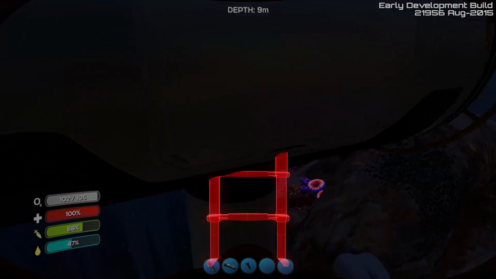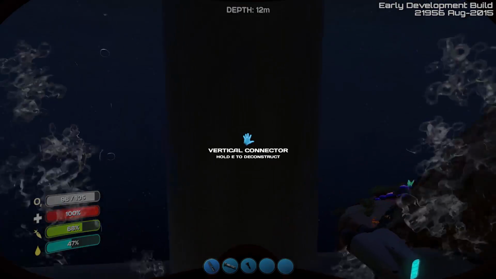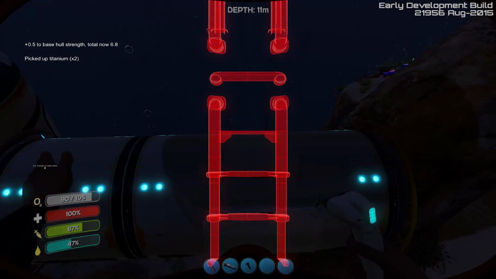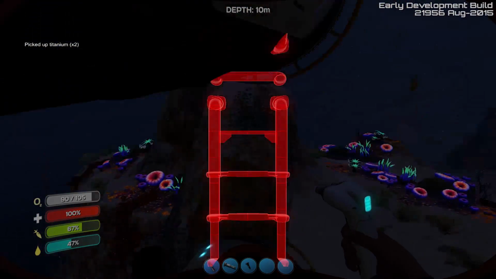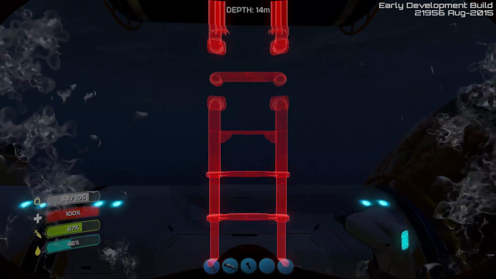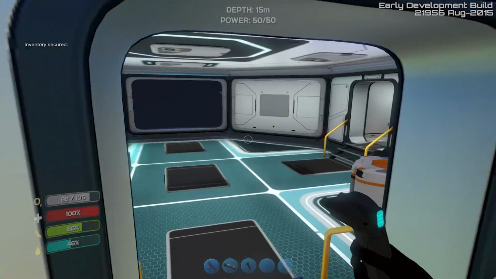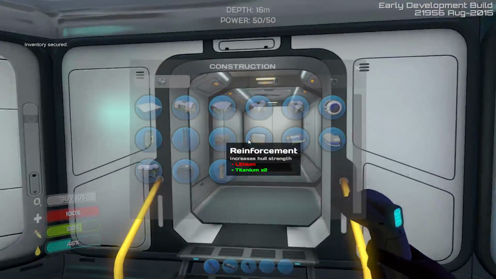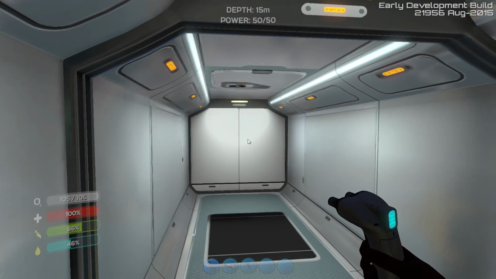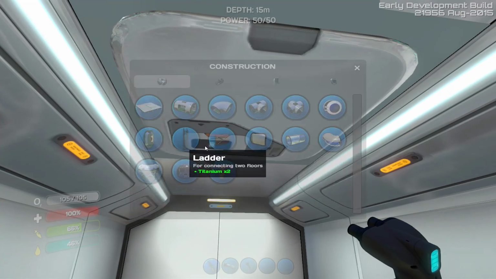What I want to see is how this works. I wonder if I can get rid of this with that there. I'm trying to figure out how the new ladder system works because, well, quite frankly, it doesn't seem to be working the same way. As in, I can't seem to get it to work at all. It's not attaching to anything. Can I do a vertical... Oh, wait a minute. Maybe that's...